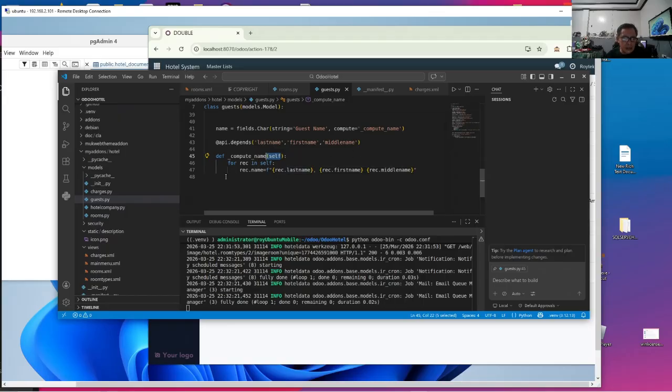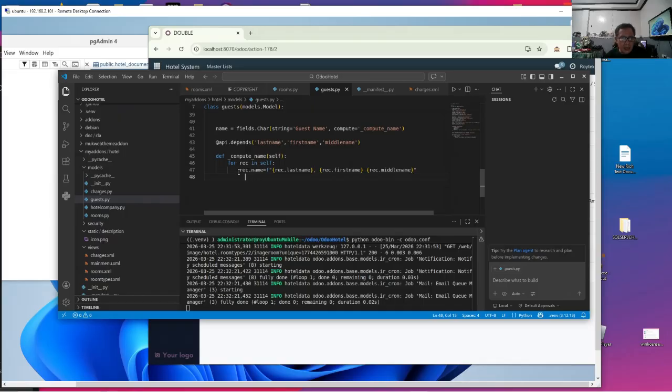So in this case, if we do not do a for loop, we will have a singleton error in Python. That's always the case in Python. So that's why we will use a for loop, for rec in self, which means for every record in self. But in this case, there's only one record. We will change this later, improve this to a better code using the api.one function, which we will explain in the later videos.